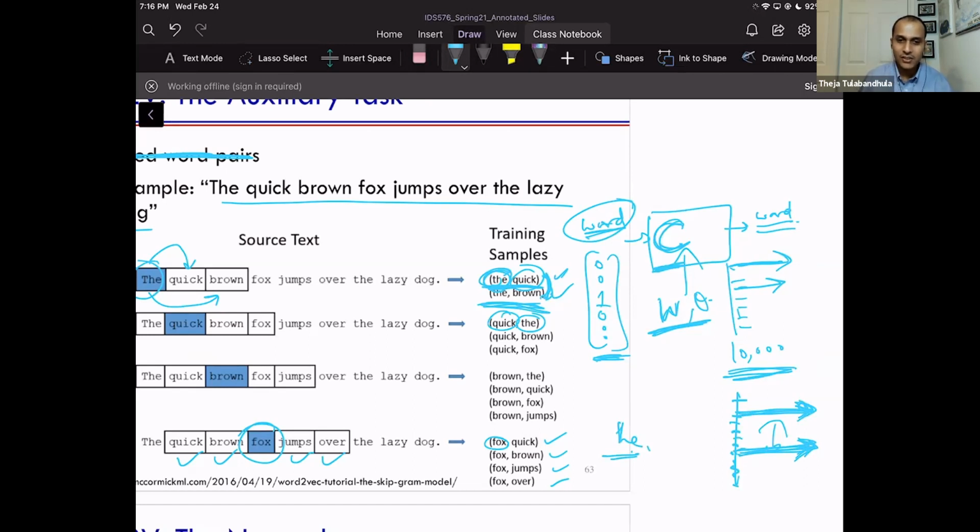That's all. Of course, one of the examples wants quick to be highest, the other example wants brown to be the highest. So the best way to do it is to have both of them somewhat high, and everybody else, it's very clear, we need their scores to be close to 0. Just for quick and brown, we want a little bit higher scores. That's what's going to happen. Okay, got it. Thank you.